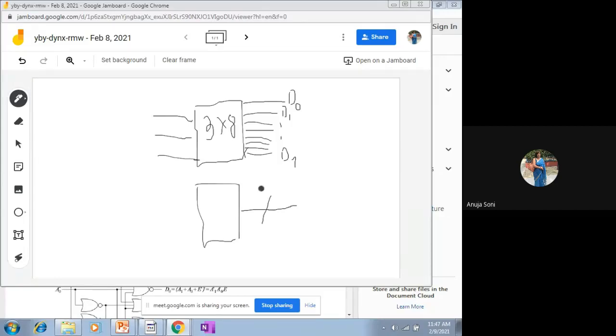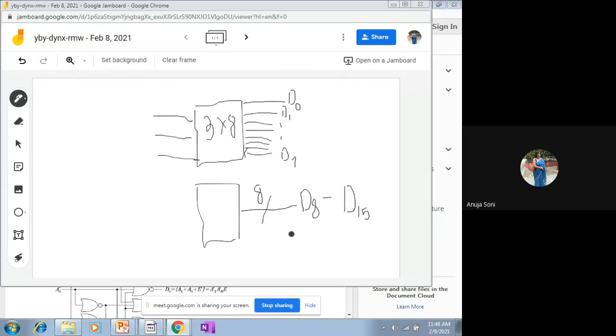Now, what does the diagonal line represent? It represents 8 lines. And what is the range? In the first decoder you could have written D0 to D7, and in this case it is going to generate the next 8 output values, starting from D8 to D15. I hope you got this concept.